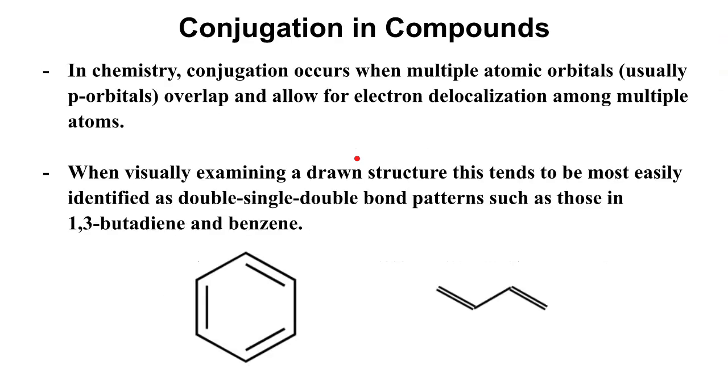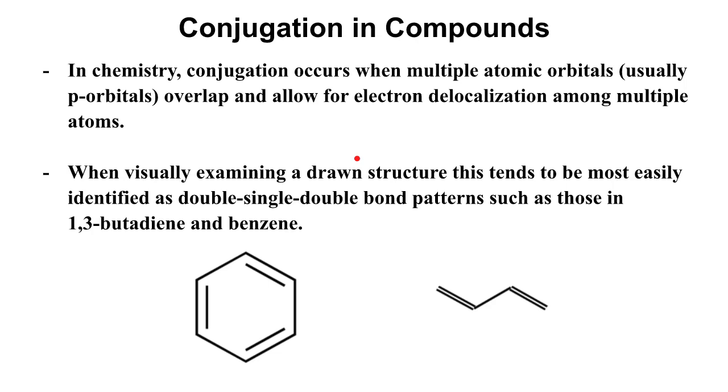So now we're going to shift away just a little bit, since we have an understanding of UV-Vis, and we're going to talk about conjugation and what conjugation is. We'll tie it back into MO theory, and then we will sort of tie it all together and discuss how conjugation works with UV-Vis. So in chemistry, when we talk about conjugation, this is when we're going to have multiple